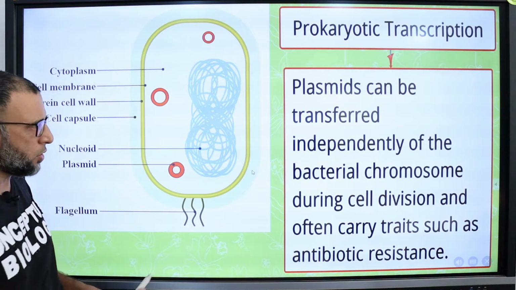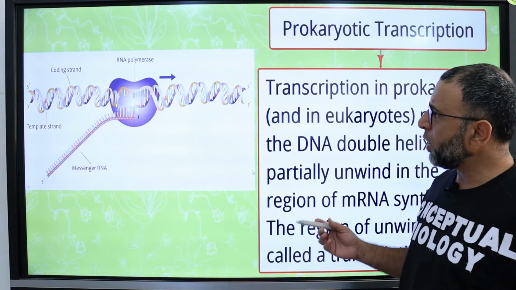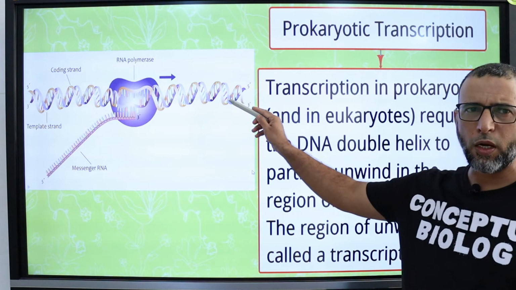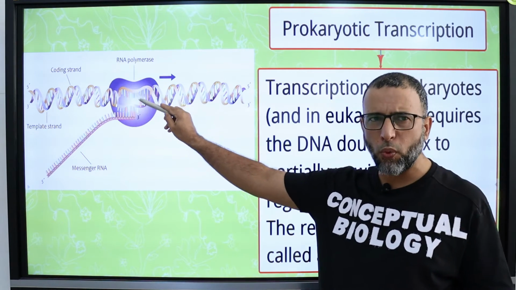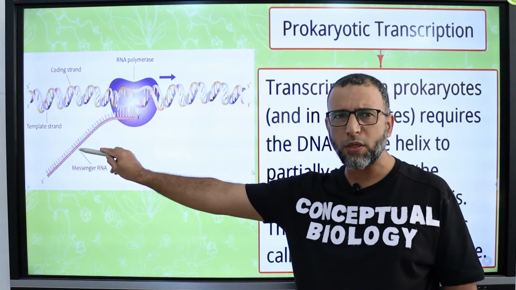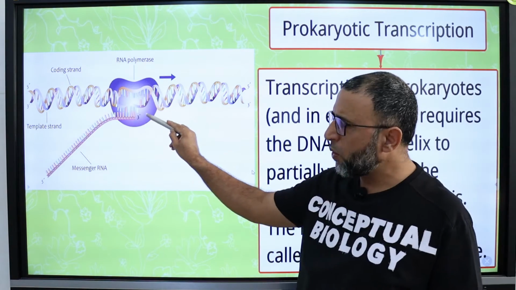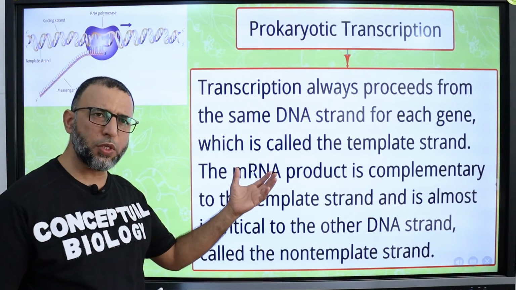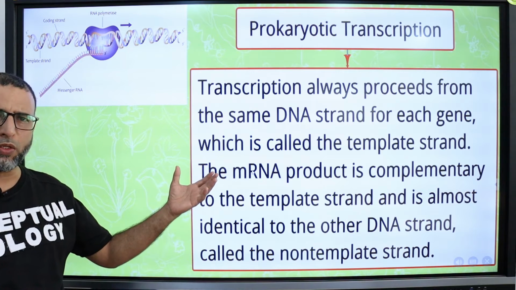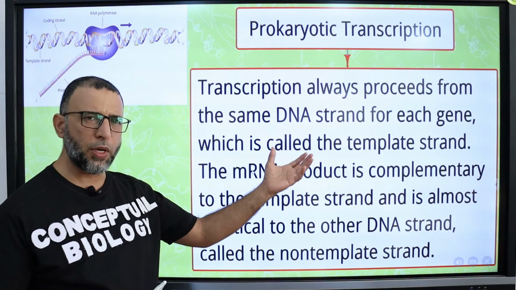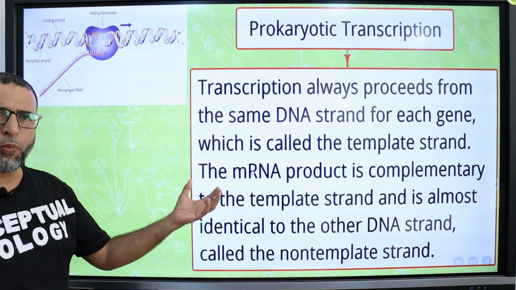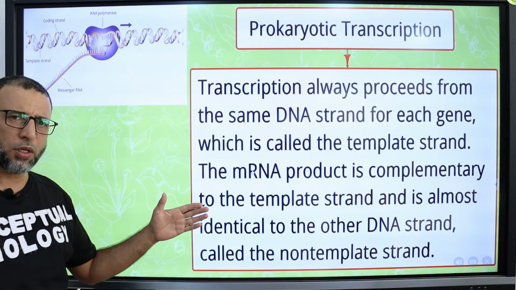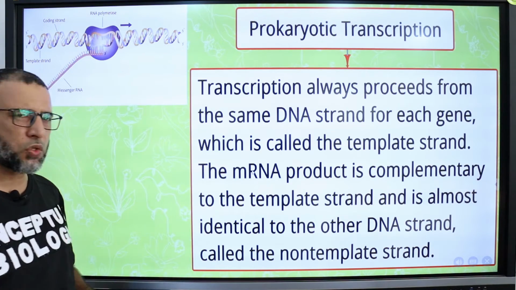as antibiotic resistance. Transcription in prokaryotes as well as in eukaryotes requires a DNA double helix that is partially unwound in the region of mRNA synthesis, and the region of unwinding is called the transcription bubble. Transcription always proceeds from the same DNA strand for each gene, which is called the template strand. The mRNA product is complementary to the template strand and is almost identical to the other DNA strand, that is called